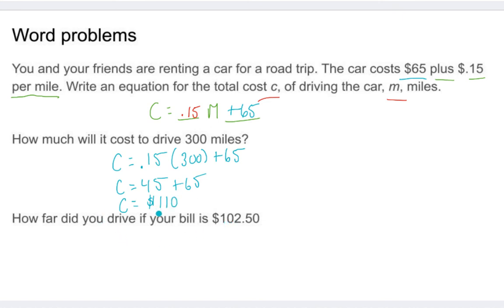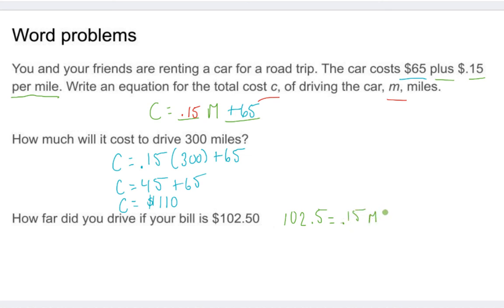Always put the units down in a real-world situation. In this situation here, we got a bill for $102.50. We want to make sure that they got the bill right, so we're checking to see how many miles they charged us for. So if this is the total cost, instead of putting the number in for m, it's going in for C. So 102.5 equals 0.15